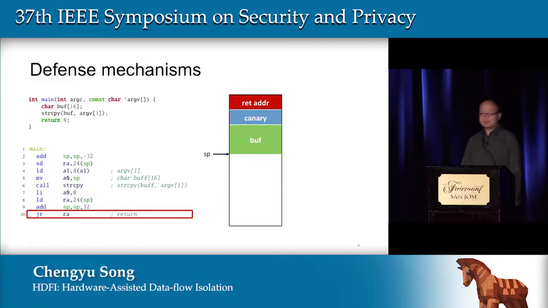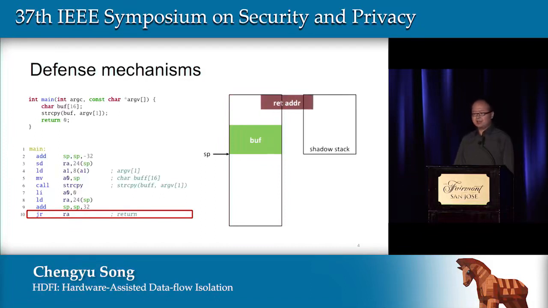Unfortunately, if attackers can directly write to any given address, or if there is an information leak vulnerability, this defense mechanism can be easily bypassed. Alternatively, we can also try to encrypt the return address. So even if the attacker can compromise this return address, they cannot control the decrypted value. The challenge here is how to do key management. Basically, if we ever reuse the encryption key, then the encryption scheme can be broken